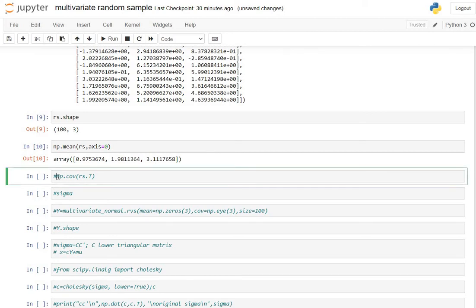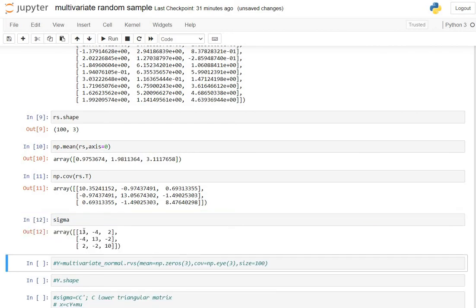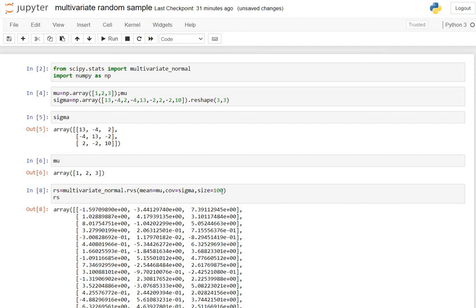And similarly we can see the variance covariance matrix of our generated random sample using np.cov. This is the covariance matrix of the generated sample. If we compare it with our original sigma, the first element is 13, then minus 4, then 2. So there is quite a big difference.